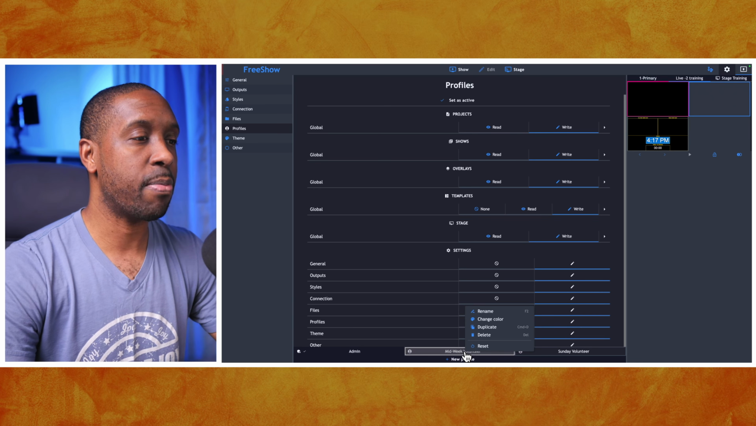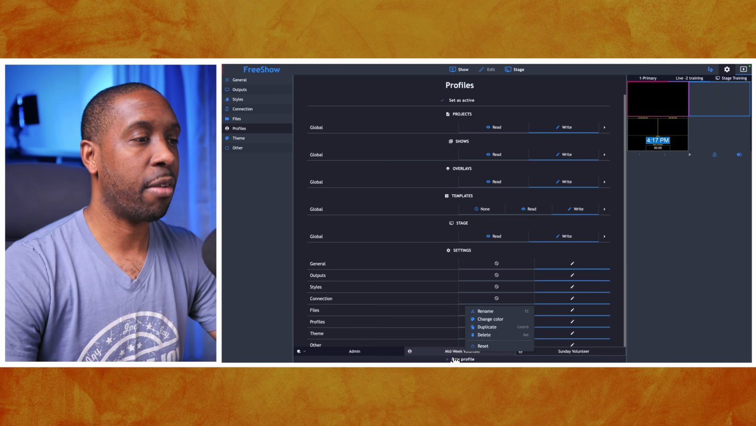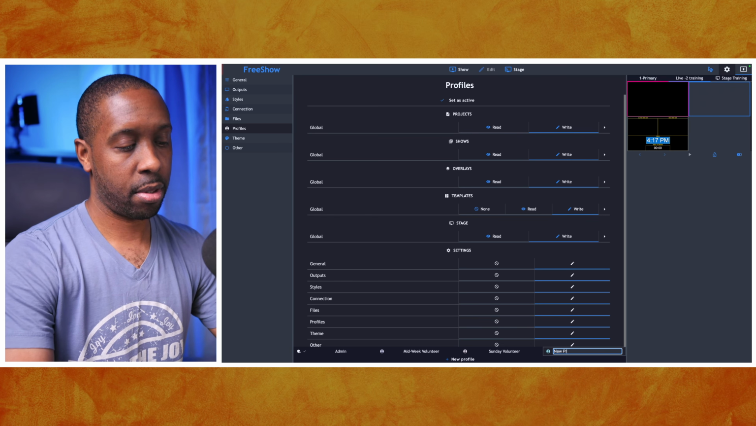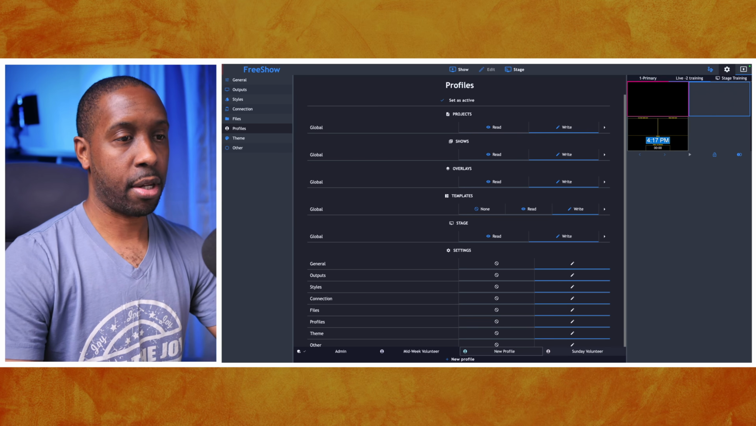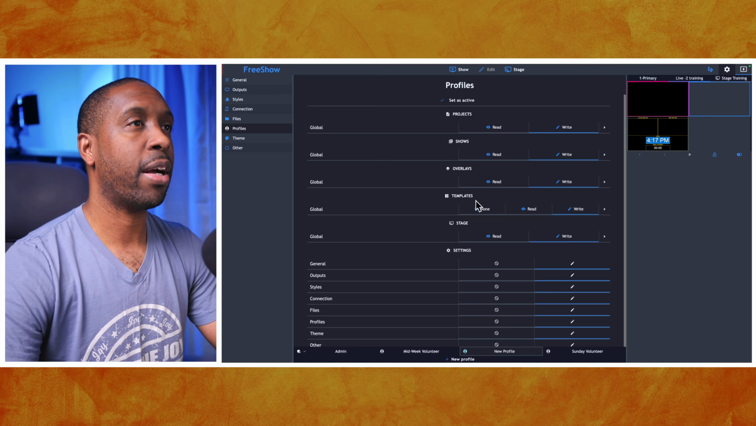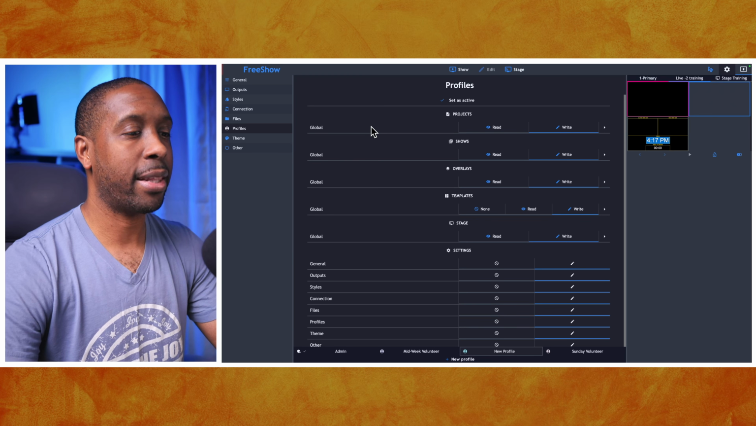You can rename these by right clicking as needed, but if I hit new profile, it'll pop up and you just type in the new name like so, and it'll be listed there. And so for our new profile, I'm going to walk you through what it looks like to make the adjustments